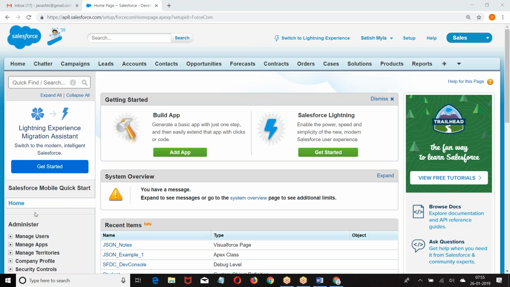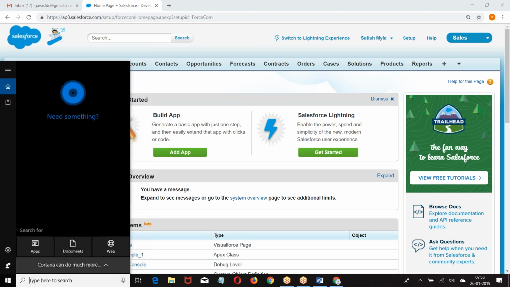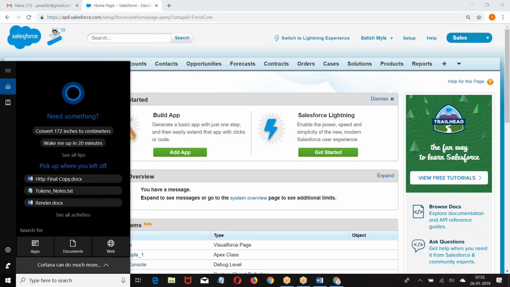Now look at this format. In the HTTP protocol, there are things which we need to understand. One is the URL, the other one is the port, and the third one is the format of the data which they want to exchange. URL, port number, and the format of the data.